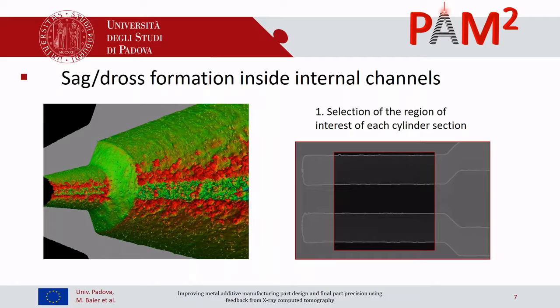a huge amount of data. At some point you have to break it down into smaller pieces to be able to evaluate it in a proper way. So first of all, we selected, in the different cylinder diameters, a region of interest, which is basically denoted here in the black and the red angle. And the point was now how to actually get some information about only the top ceiling and this kind of